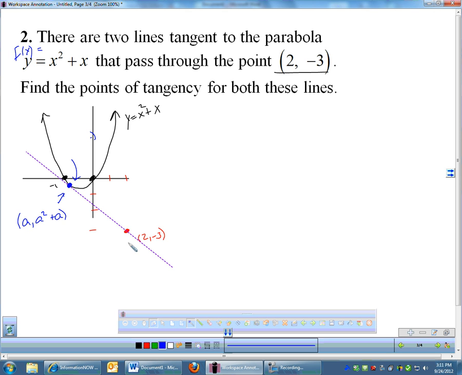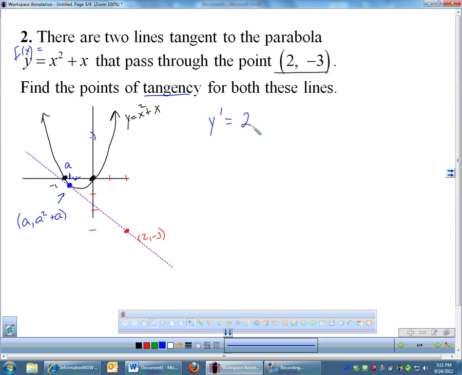And what I've got to do is find a way to get that point. I know the x coordinate is A, because I just made that up. Got to find the y coordinate. We are dealing with tangents, so the second I see tangents, I'm thinking derivatives. So let's find the derivative. The derivative of my parabola is